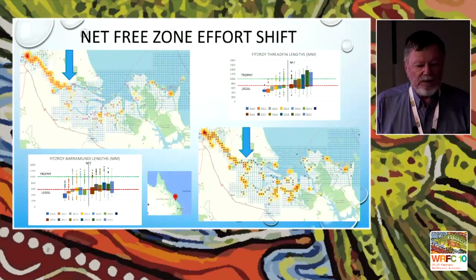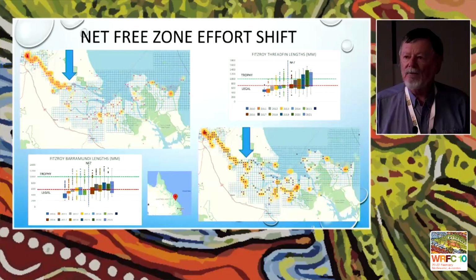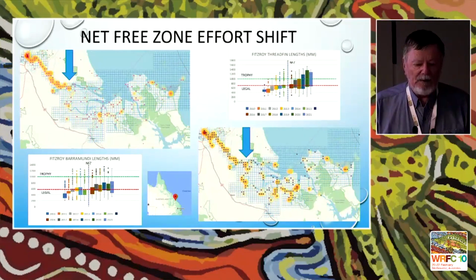This is the net-free zone in the Fitzroy River in Rockhampton that came in 2016. On the upper left-hand map, it shows the distribution of fishing effort by taggers and also recaptures prior to that period. You can see that most of the activity was in the upper part of the river, not a lot of activity in the lower part. At that time, that was mainly the area that the commercial fishermen operated in. When the commercial fishermen were removed from that,